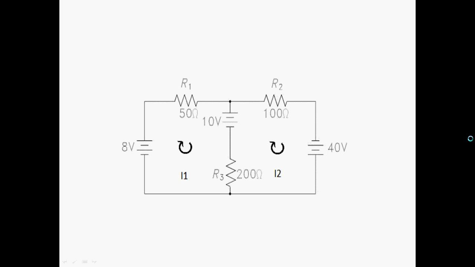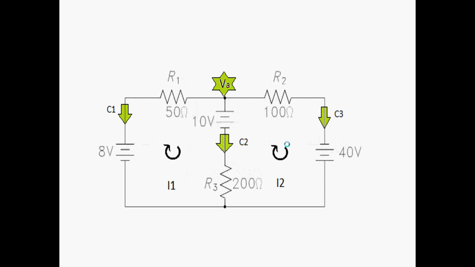Let us see this circuit. The problem is we have to find the currents I1 and I2 with the help of Kirchhoff's current law. Now we will first apply step 1 and step 2. The first step was to assign node voltages. So this is the node at which KCL is to be applied, and the node voltage which has been applied to this node is VA.